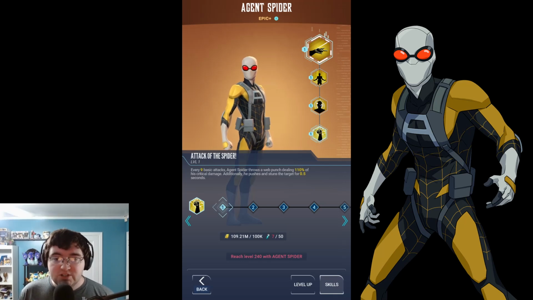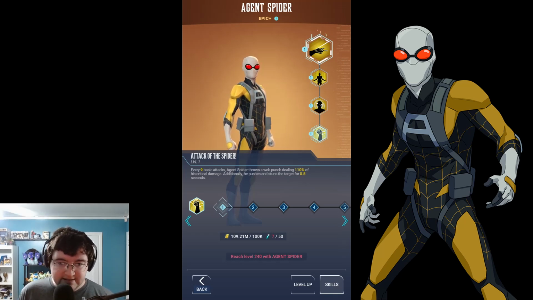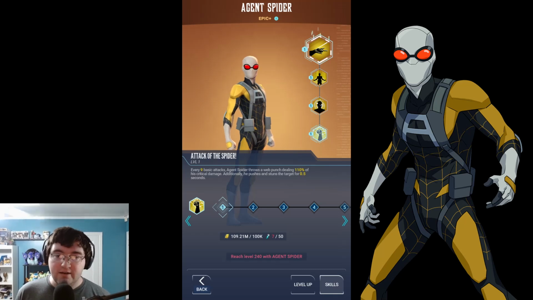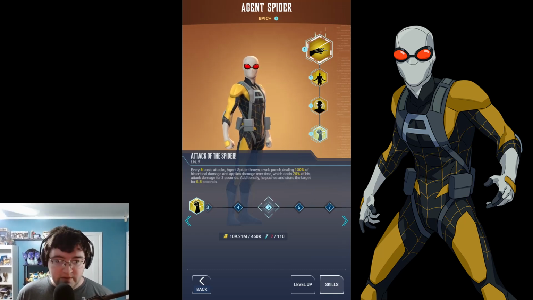Additionally, he pushes and stuns the target for 0.5 seconds. So basically, every 9 attacks, he gets a little bit of bonus damage and a mini stun. If we take a peek at how far this can go,